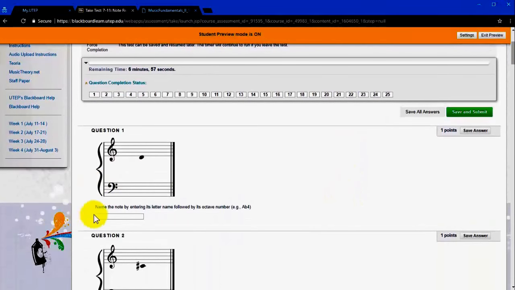Okay. For the first one, the answer is D4, but I'm going to enter something wrong, D3. Oh, and while I mention it, be very careful about spacing. Follow the examples here. Apparently, according to Blackboard, D space 3 is wrong, but D3 is right. So just be very careful about the spacing. Actually, the answer is D4, but I'm going to put D3